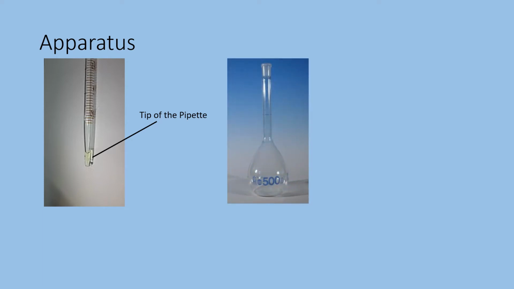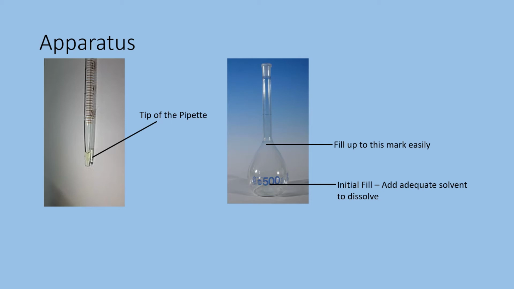See the design of a volumetric flask. It is wider at the bottom, whereas it becomes narrower when it goes up. Initially, you take the required quantity of the material inside and fill up to this initially. Add adequate solvent to dissolve by swirling nicely. Then from here up to this, you can add easily. You can fill up to this.